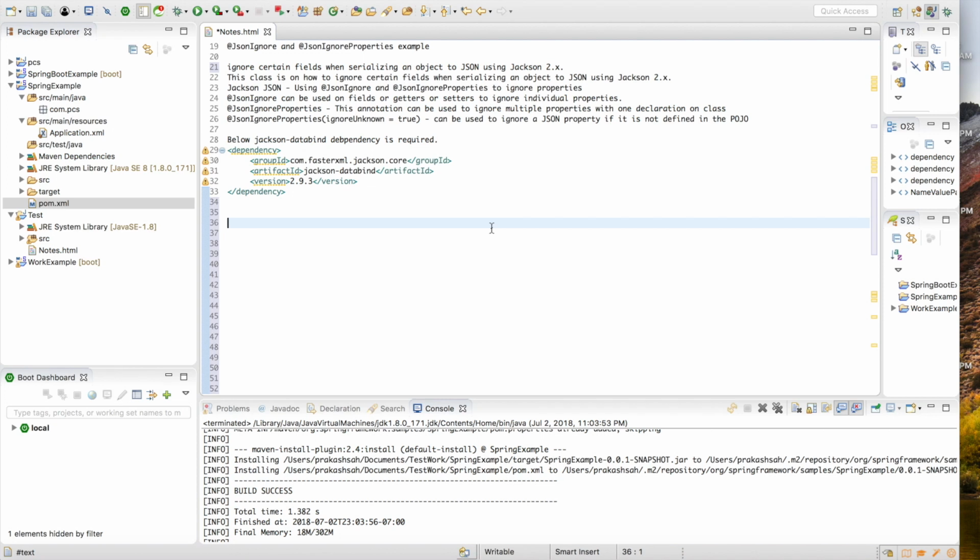Hello friends, today we are going to learn about JSON ignore and JSON ignore properties. The purpose of these two annotations is to ignore certain fields. And when do we ignore certain fields? When we are serializing an object to JSON, or when we are reverting it back from a JSON string to an object, and by using Jackson